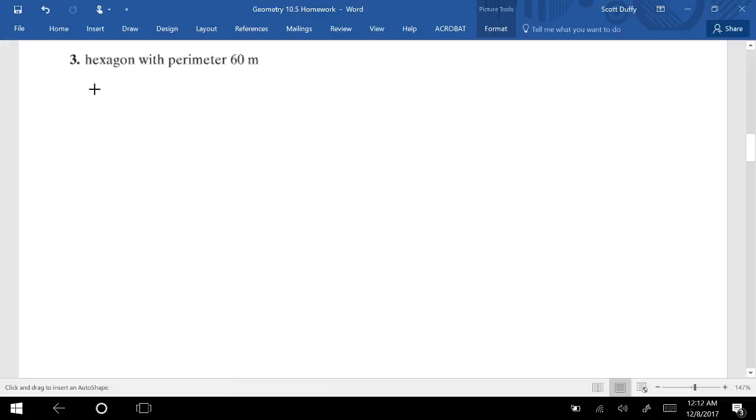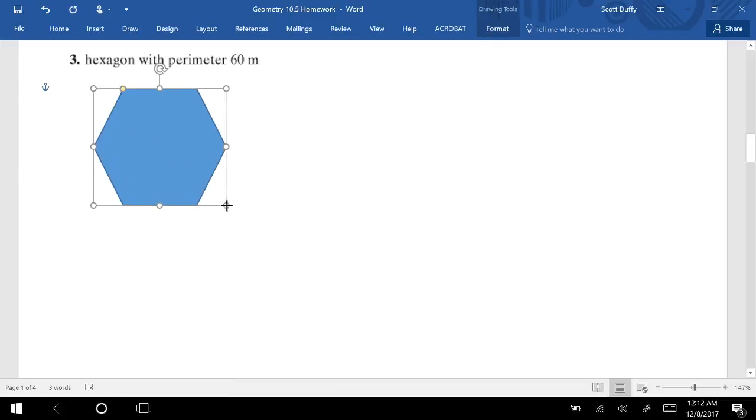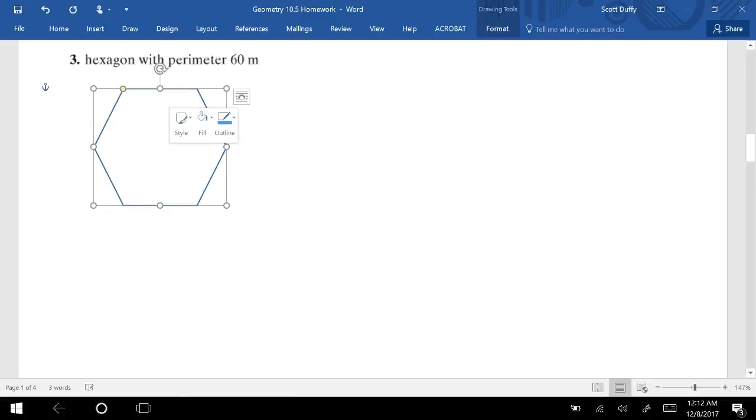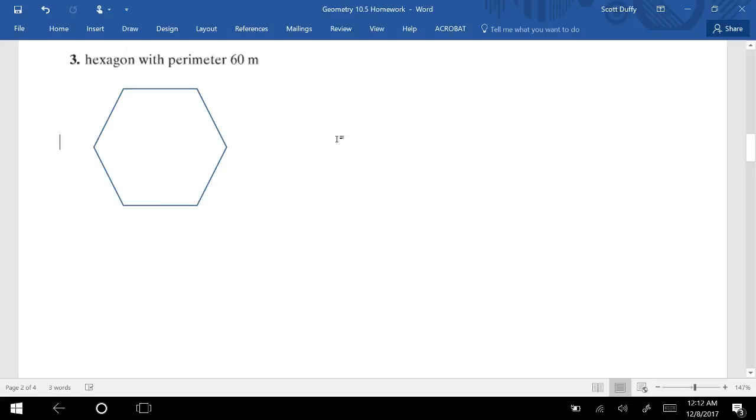There we go. 6 sides. And if it's 60 meters all around, and that's 6 sides, divide that by 6 to get how long each side length is. So there will be 10 meters each side. If I draw a triangle in,